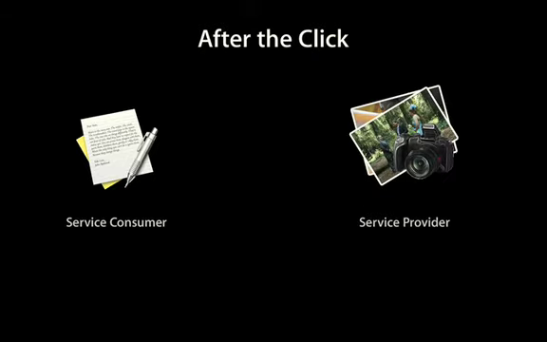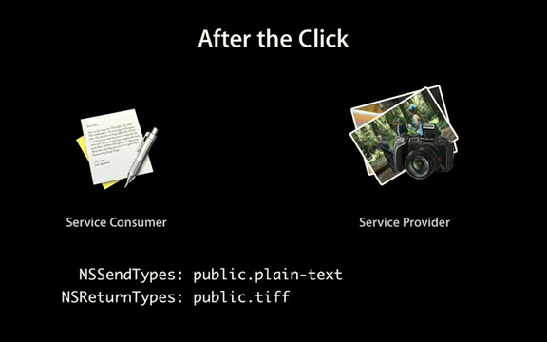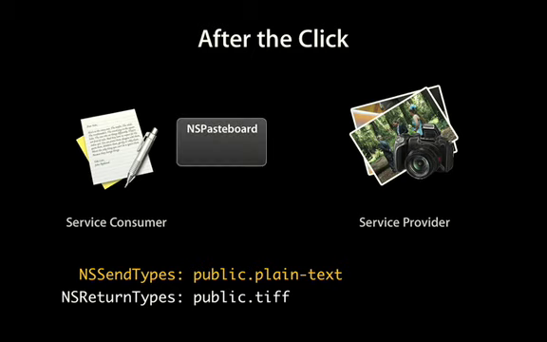Okay, well, great. You've gotten to the menu, and congratulations, the user selected your service. What happens next? So the text editor here is acting as the service consumer, and if your application isn't already running, it's going to go ahead and launch your application. And it's going to look at the send and receive types of the service that it's consuming. In this case, it's consuming text, so it's going to take the selected text, put it on a pasteboard, there it goes,